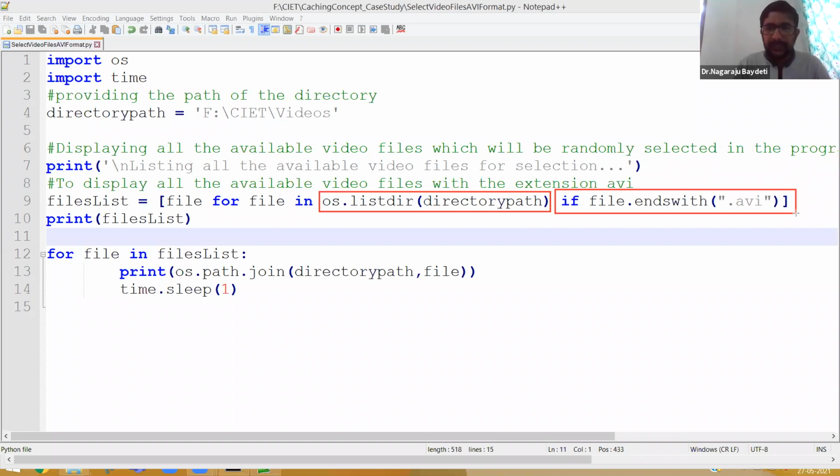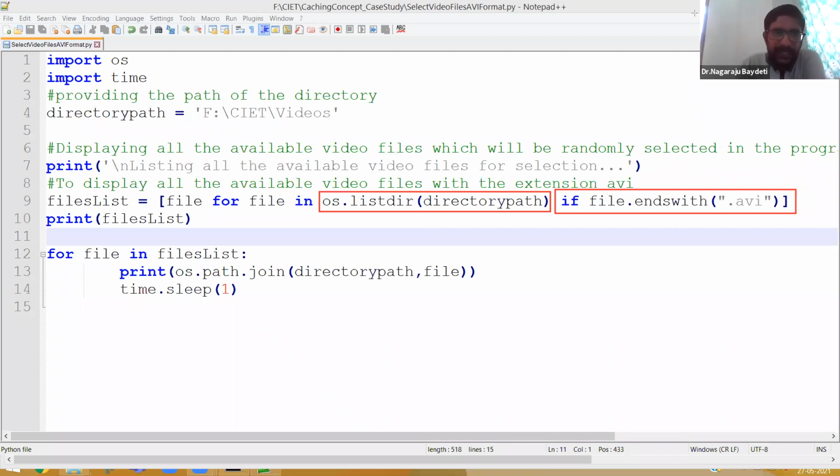File dot endswith, see, endswith is a string method which will search. For example, what is a file here? File is just a string. Here file is just a string. That string will have the file name. Now that string dot endswith.